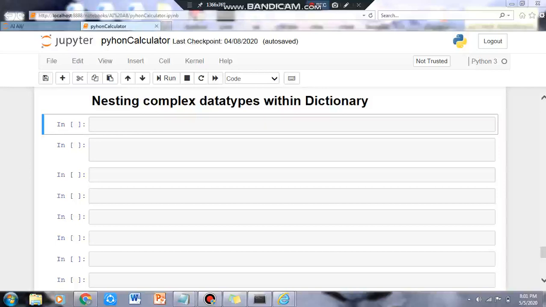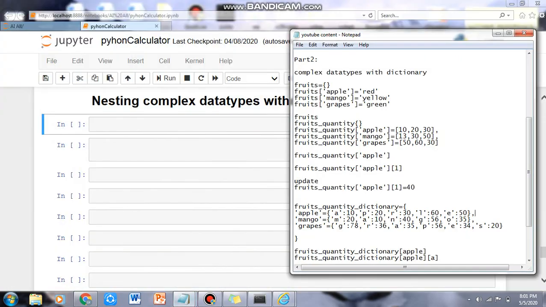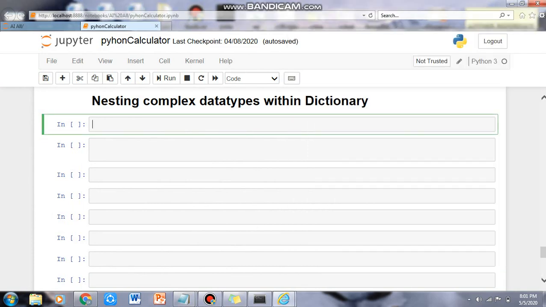We are going to study nesting complex data types within a dictionary, whereas previously we were studying how to create the dictionary. So let's make an empty dictionary first. Suppose we make use of the first dictionary that we have, and that is on fruits.